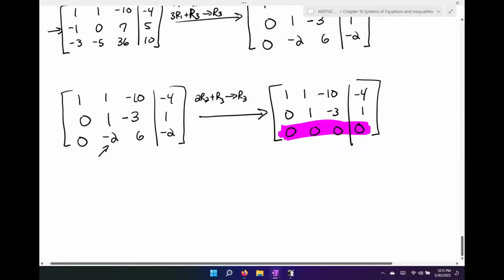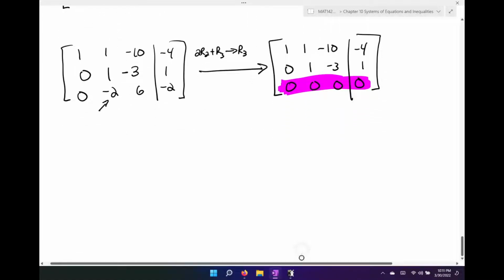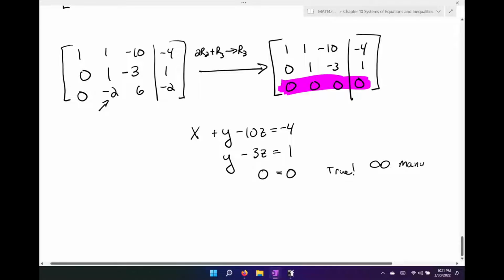In fact, if I were to write out this system, this would be x plus y minus 10z equals -4, and that's good. Y minus 3z equals 1, and that's good. And then this final row obviously would be 0 equals 0, which is true. And as soon as you see that, you should be thinking infinitely many solutions. So if you remember from the previous video, how do we write this? Well, we're going to erase this and just write